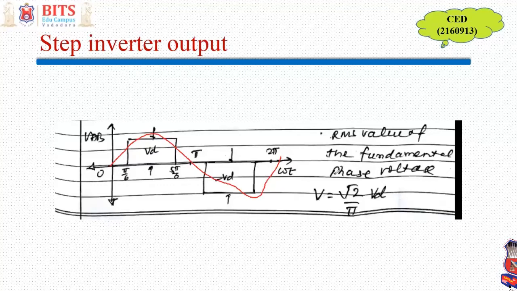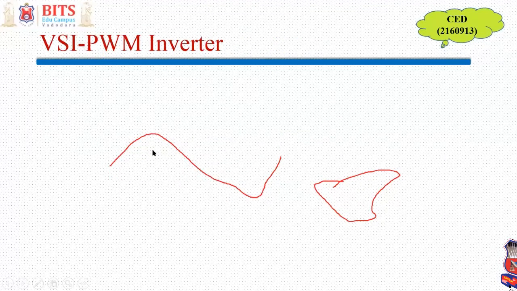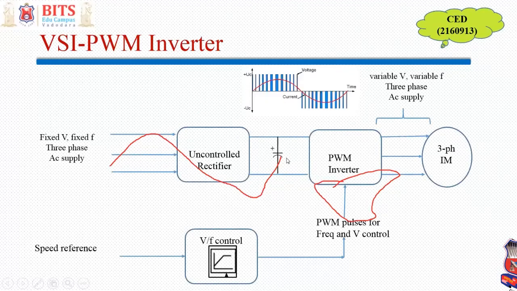So the RMS value of the fundamental is given by √2 divided by pi into VD, where VD is nothing but the DC voltage. DC voltage is this height, which is the DC link voltage. If I go back to the previous slide, this is your VD, right? And in our case, this intermediate voltage is VD, which is a rectified DC voltage,